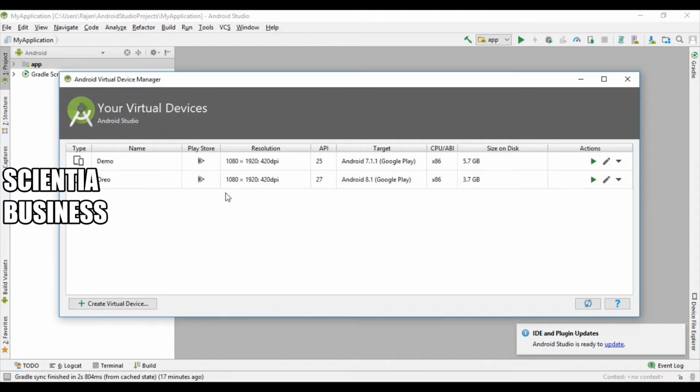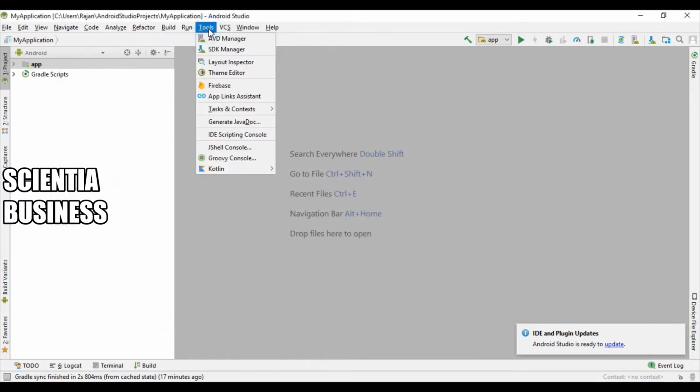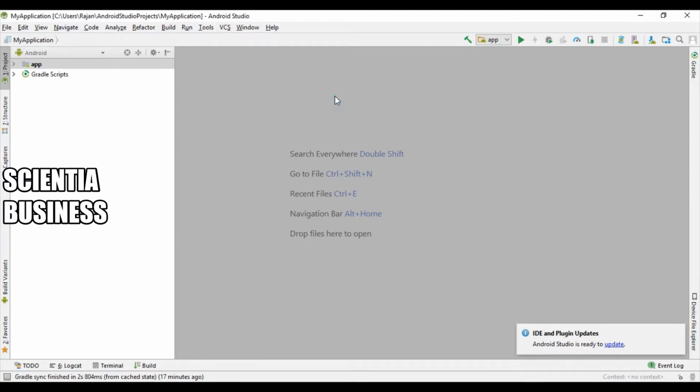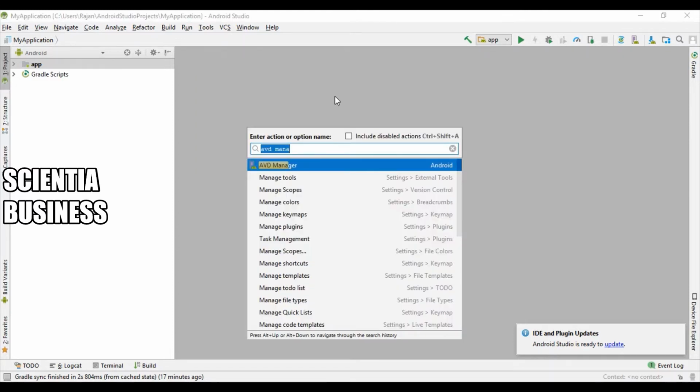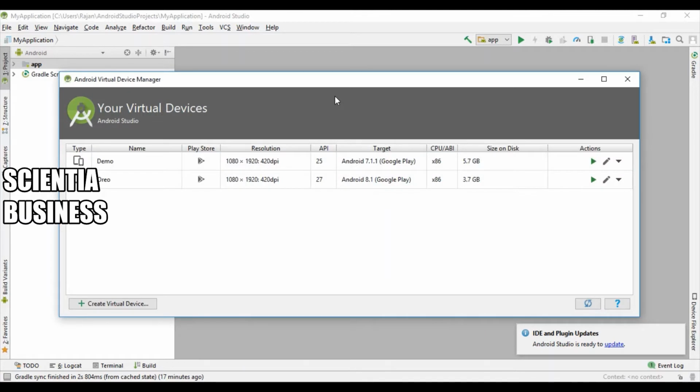So I repeat, if you're not able to see the AVD Manager present in the Tools drop down, just press Control Shift and A on your keyboard, and you will see the Android Virtual Device Manager screen on your PC.